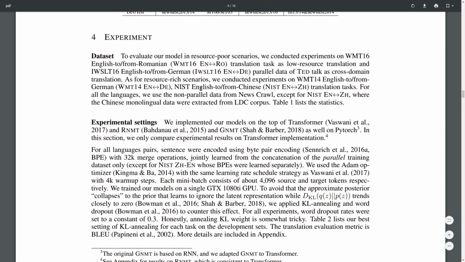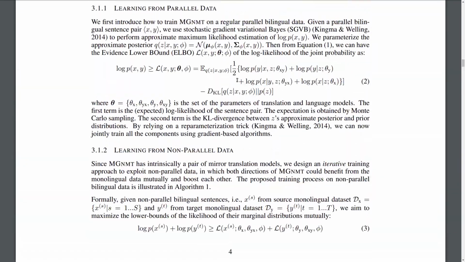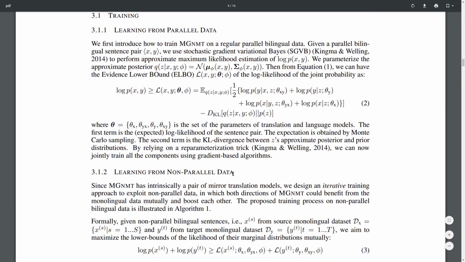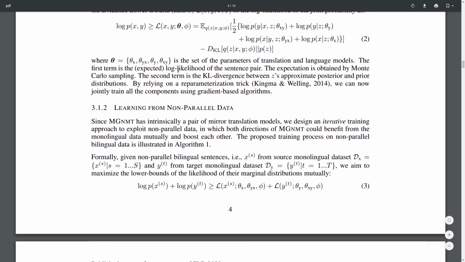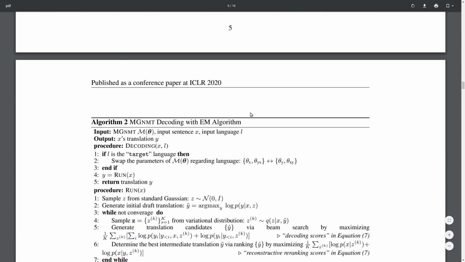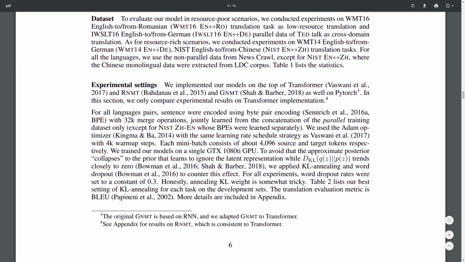Right, so actually the implementation of this is a bit complex. It involves a lot of math, so I will not go into details here. You can check out the paper and read more if you're interested. But I wanted to give you some intuition of how well this works in practice by showing you the experiments.